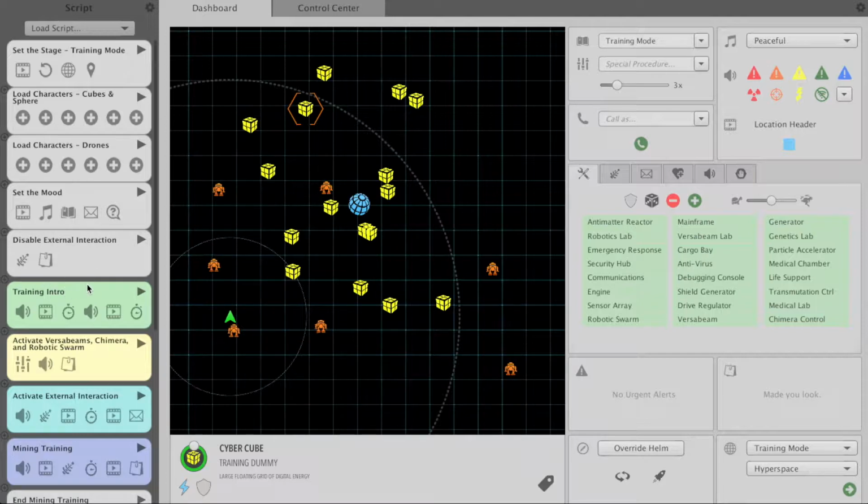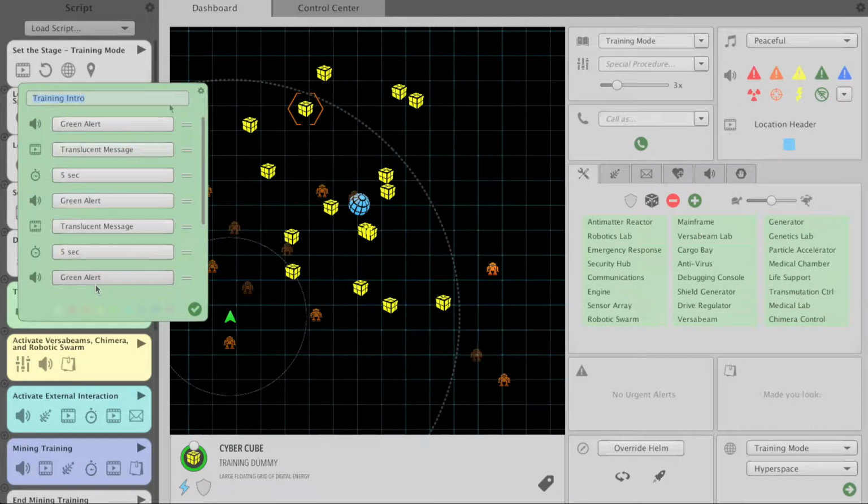If you double-click on a cue card, it expands to reveal the cues inside. It contains a bunch of cues that introduce training mode for the crew. The first one plays the green alert sound effect. The next one displays a message on the view screen. Then this one waits for 5 seconds before proceeding to the fourth cue, which plays the green alert sound effect